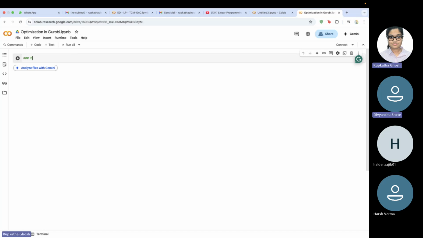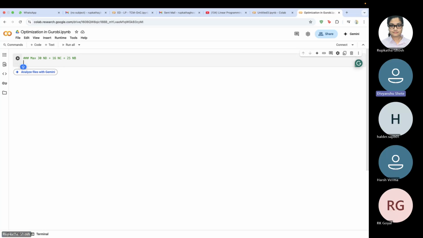So first of all, it would be max 30 ND plus 16 NC plus 25 NB for bookcases. Okay. Then we will write our constraints with subject to. Then in the next line, first constraint regarding your man hours, that would be,